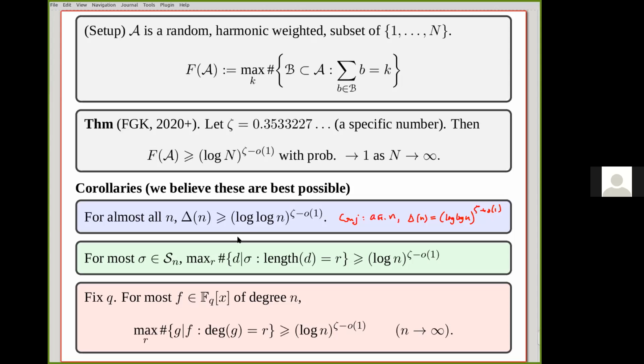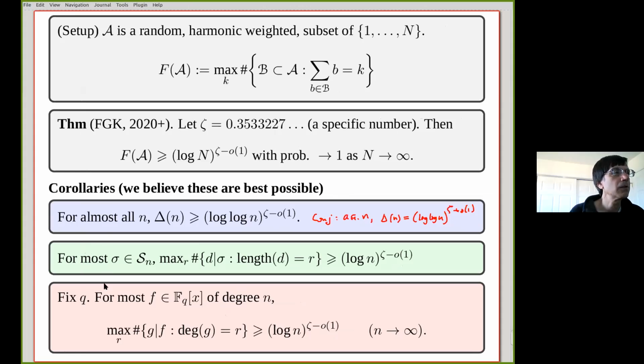So I have a question, sorry. Still on this page, how to get the corollary from your theorem for the lower bound for the polynomials? I didn't quite understand the question. Are you referring to the polynomials? I mean, how do you get from this theorem to the corollary? Oh, well,